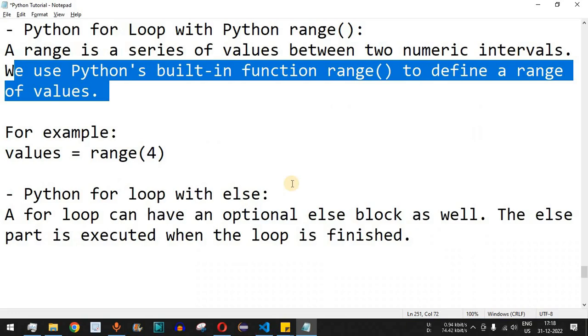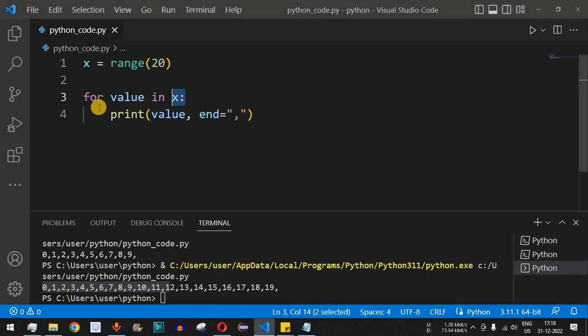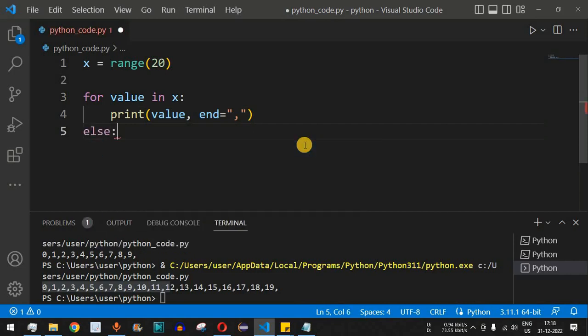Now guys, there is another variation over here, Python for loop with the else part. So after this for loop, we can also have the else part that will mandatorily get executed after we reach the end of this sequence that we have provided in the for loop. So what we will do is we will simply come out of this block of code and we will have the else part over here, and we will simply print outside for loop over here. So we have outside for loop.